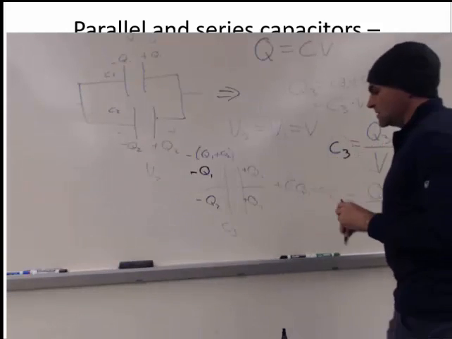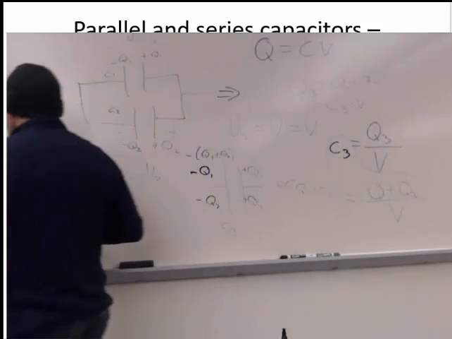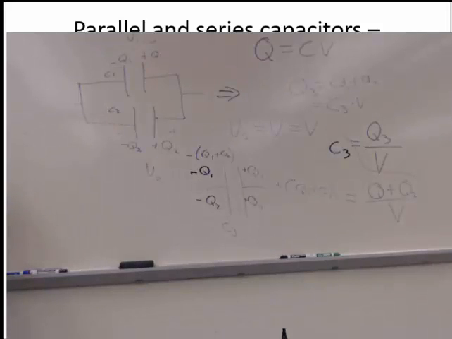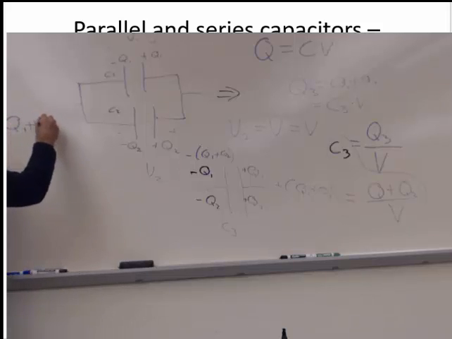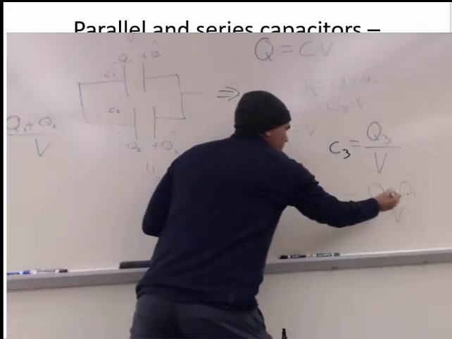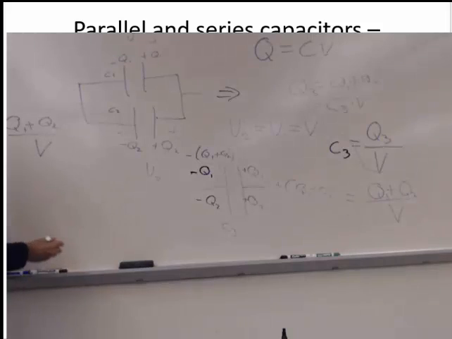All right, take this over to this side here. So if C3 is equal to that, it should be Q1 by the way, it's also equal to Q1 over V